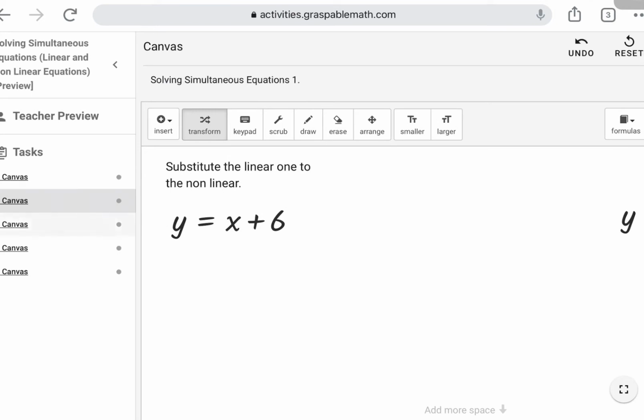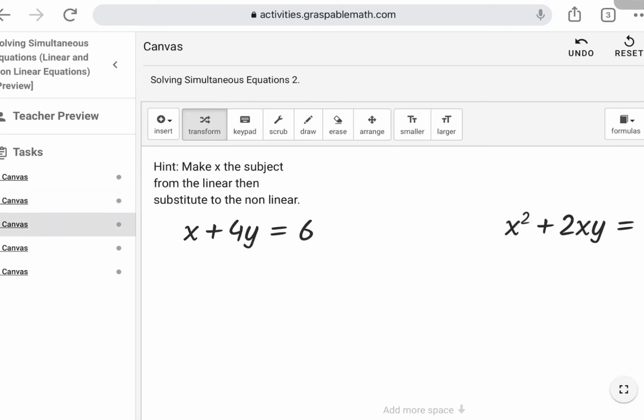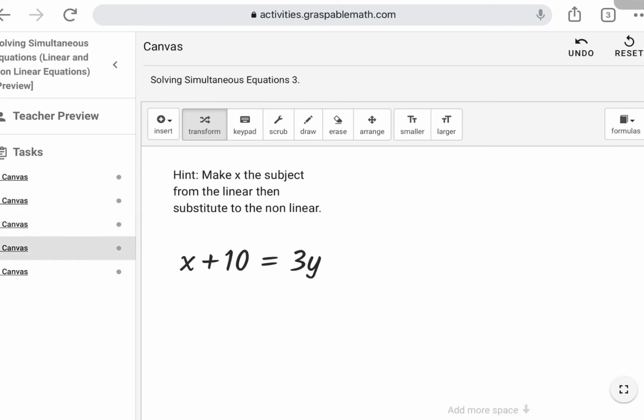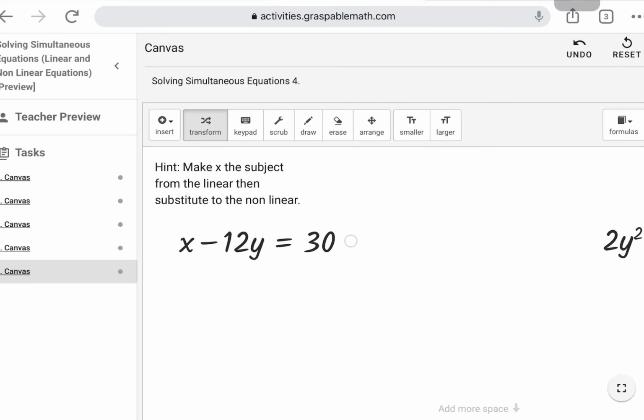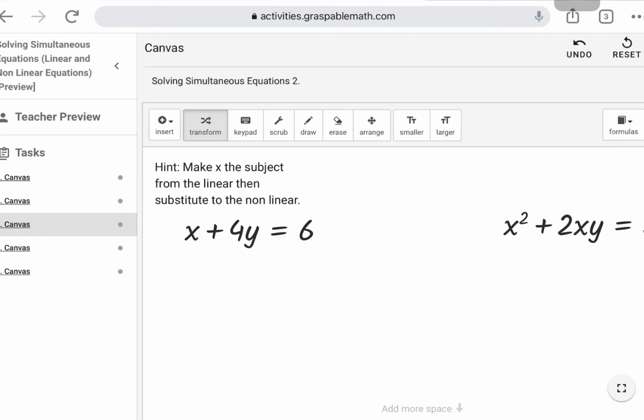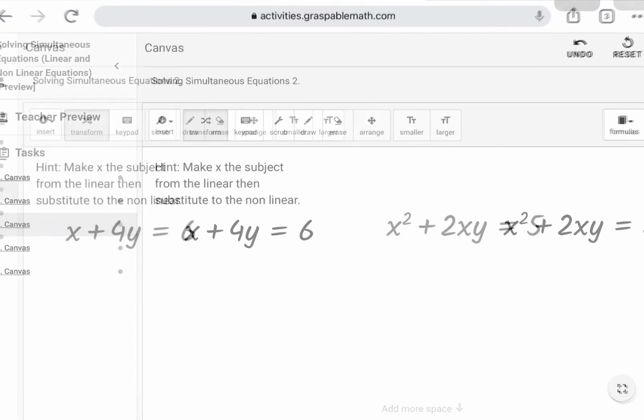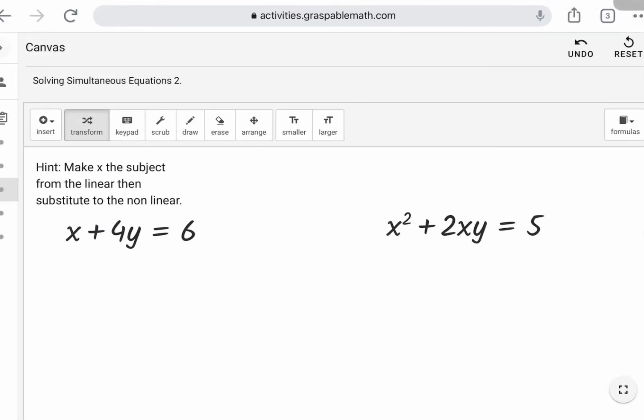Yeah, you see there are linear equations and non-linear equations. Okay, I will give you an example of how to solve simultaneous equations from Canvas 3. Question number 2. Okay, how to solve these simultaneous equations where one is linear and the other one is non-linear.